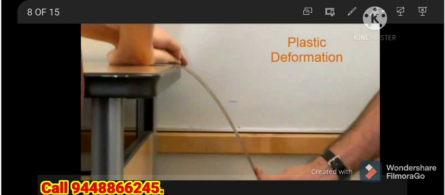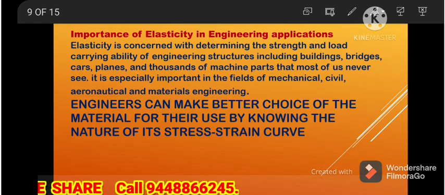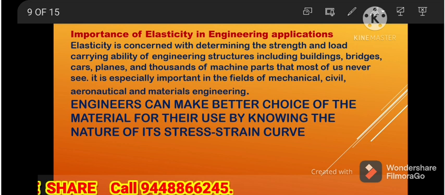Now this is one more example. You people are well acquainted with this one. We have taken the steel rod, kept it on the table, holding at one end, and the other end is taken slightly to the bottom, pressing like that. You can see there, it bends. Plastic deformation takes place. If you remove the force on this one, it does not become straight, it stays bent. This becomes a permanent change.